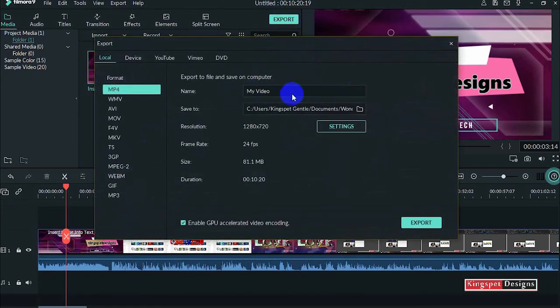Let me show you the best settings I use for this so that it will still retain your quality. After exporting this video, I'm going to play the two of them so that you see the quality, how both of them look. The one exported using Filmora and the one exported using Premiere Pro. I'll show you the two. That's the one I reduced to